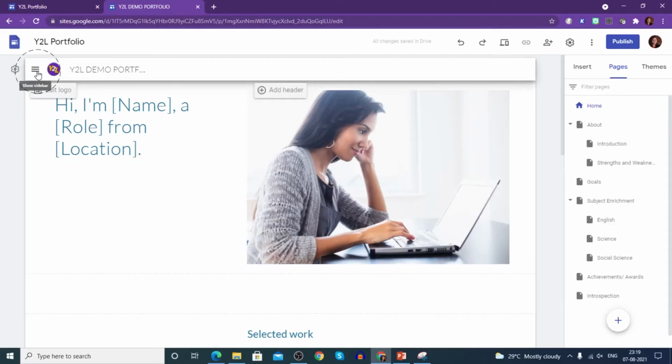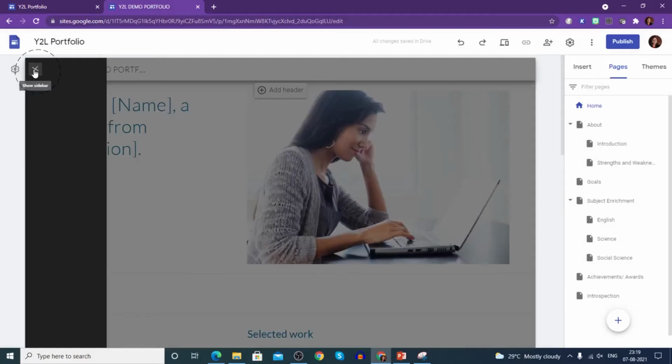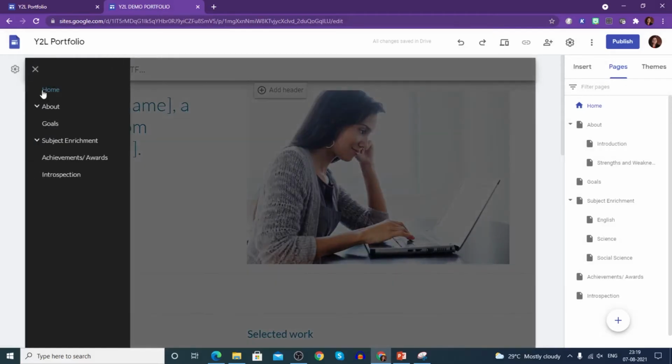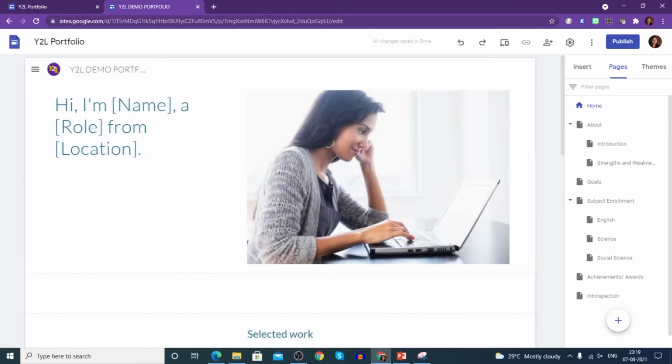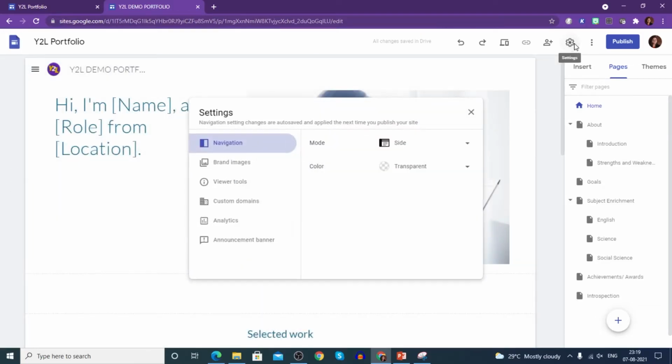Besides, this sidebar is coming. When you click here, the same options are coming here: home, about, with an arrow. If you click introduction, strengths and weaknesses, goals, subject enrichment, if you click English, science, social science, achievement, awards, and introspection. So this is the sidebar, which gives you a choice how you want to navigate.